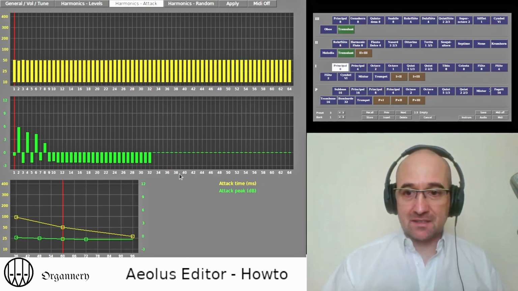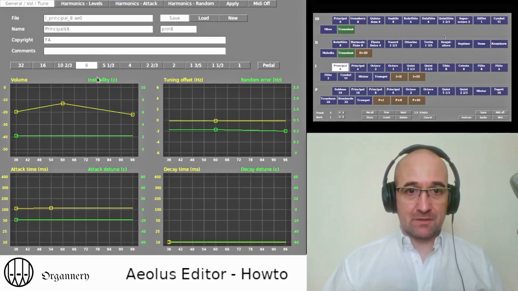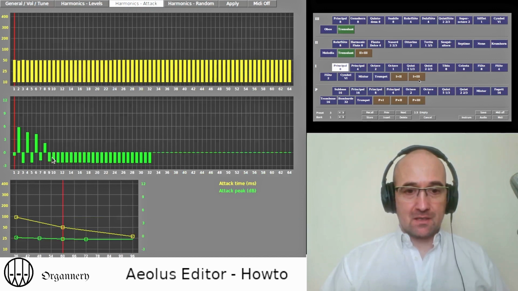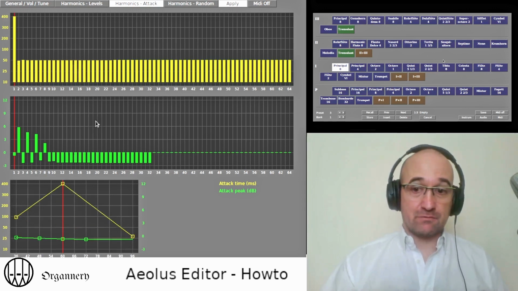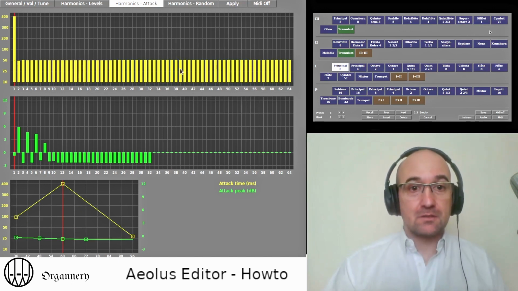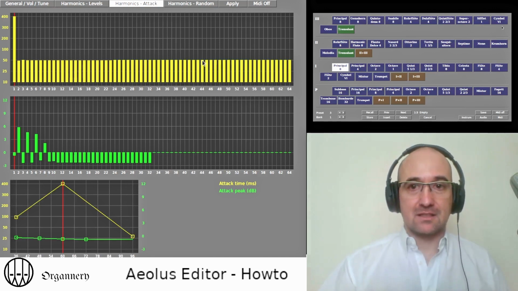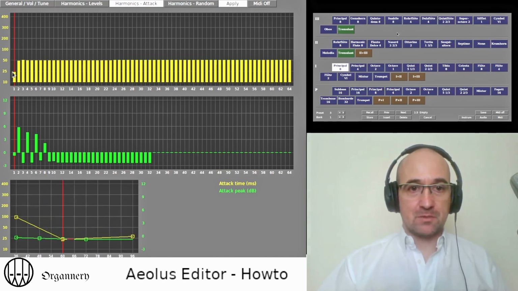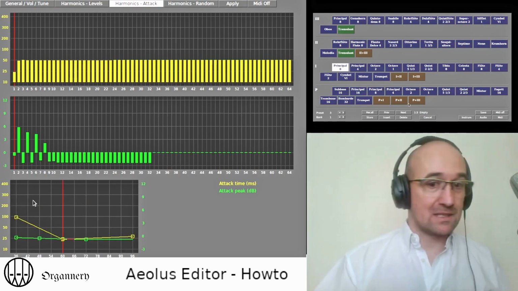We have an attack time of here 50 milliseconds. It's in relation with the attack time you can have in the main tab. So this first harmonic here, let's say it has an attack of 400. Let's try this. You can hear it coming slowly. And if we go back to a very short attack, it goes more rapidly.